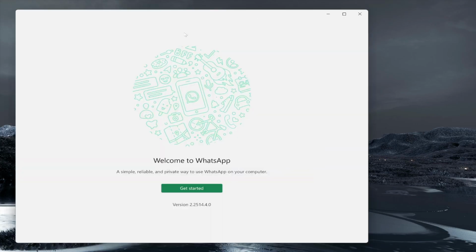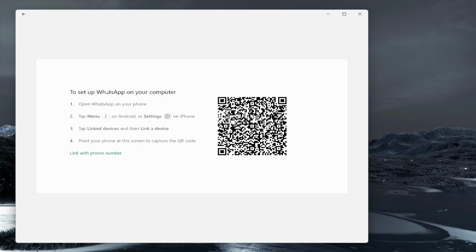So once that has installed, it should open up this window. We can go ahead and then click get started. And it's going to prompt you to scan this QR code from your phone. So what I'm going to do now is go to the phone and show you how you can scan it